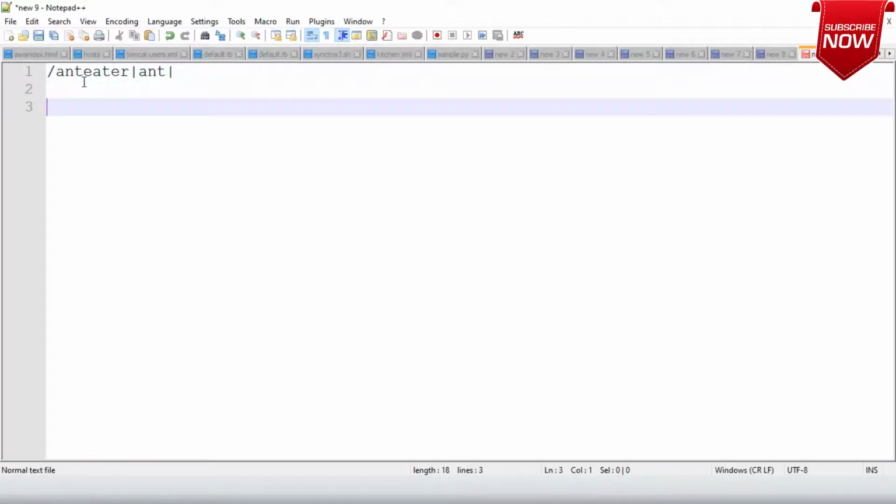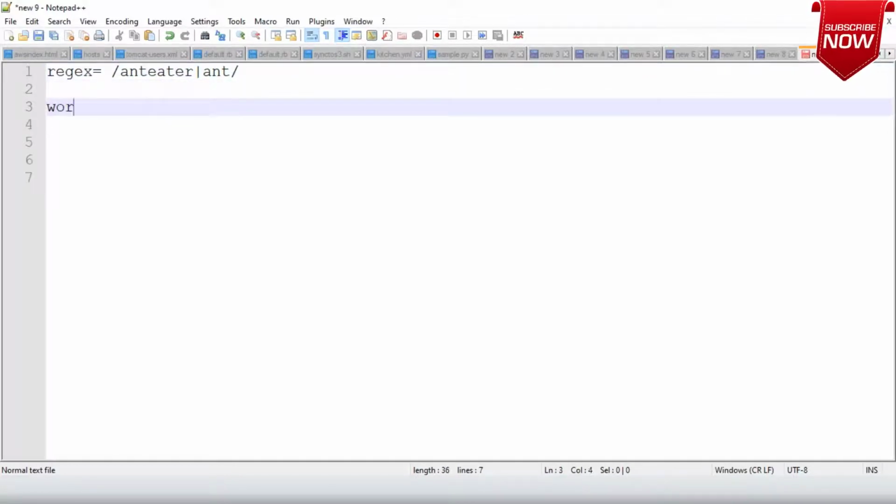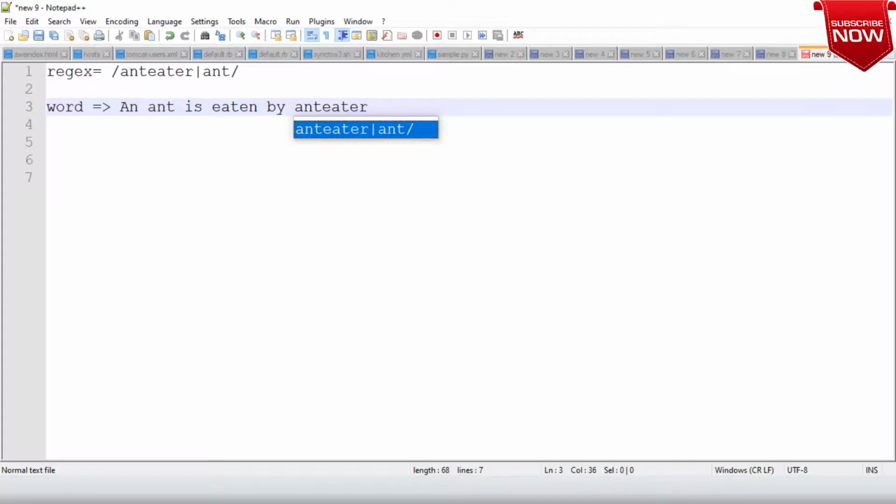This is my regex. And the text which I am giving to this regular expression is: an ant is eaten by ant eater. So which word will be matched first?